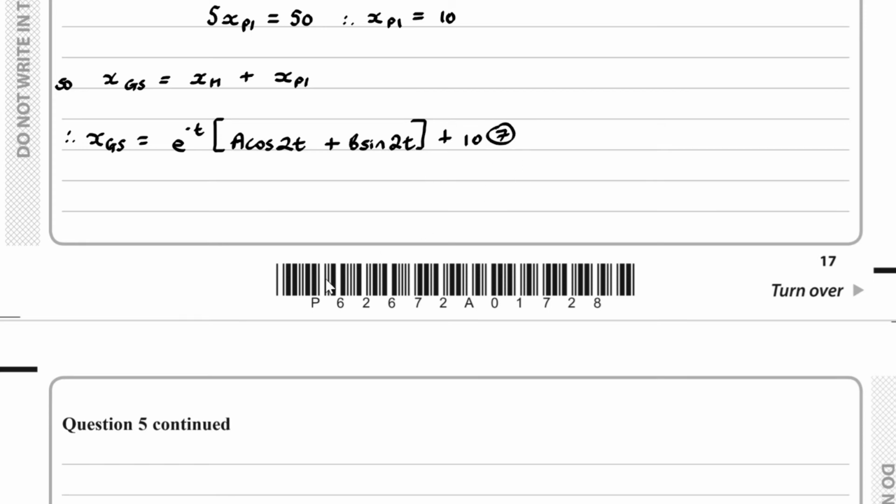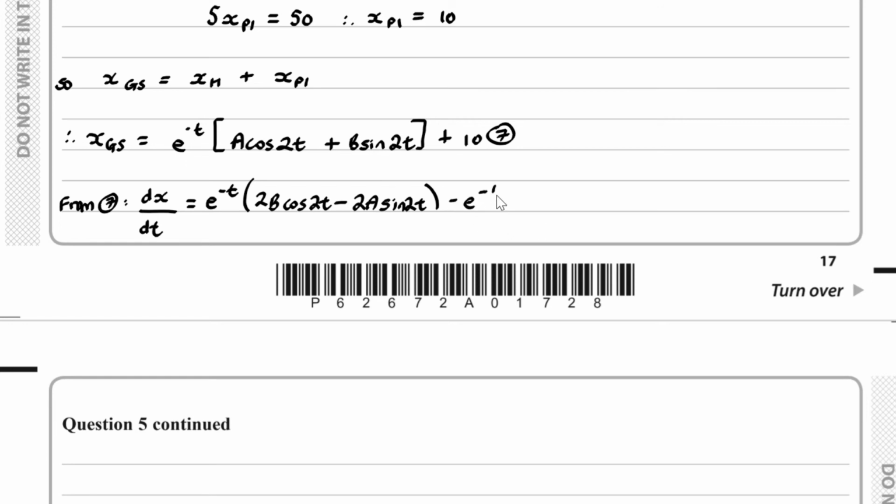If we differentiate equation 7, so from equation 7, if we differentiate this, dx over dt, using the product rule, we have u times by v dash, so if I differentiate a cos 2t plus b sin 2t, we end up with 2b cos 2t minus 2a sin 2t, so we have uv dash plus vu dash, so u dash, that's going to